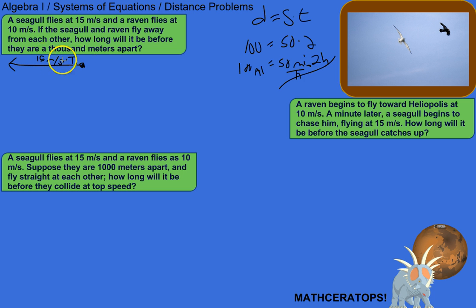So when we do 15 meters per second times t seconds, we'll end up with a certain number of meters, just like we did 50 miles per hour for a certain number of hours and were left with a certain number of miles. So this part of the equation describes the distance the seagull can fly in that number of seconds. But the raven's going to fly the other way